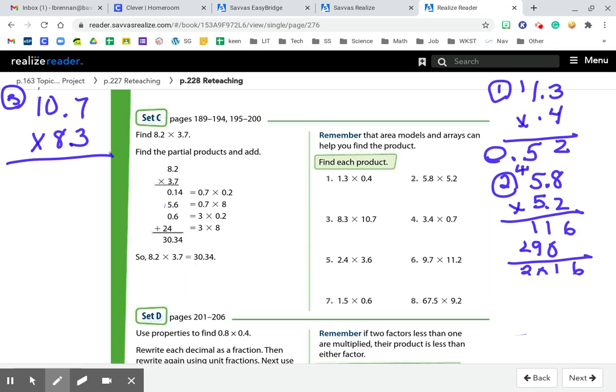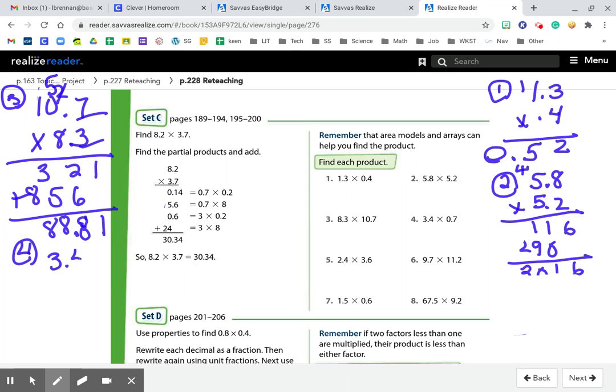7 times 3, put the 1 down, carry the 2. 3 times 0 is 0, plus 2. 3 times 1 is 3. 8 times 7 is 56. 8 times 0 is 0, plus 5. 8 times 1 is 8. Add them together. 1, 8, 8, 8. That looks a little bit better, a little neater looking, although my pen is not happy on this side of the page. And the decimal, 2 digits in decimal place value in the problem, 2 in my answer. Number 4,